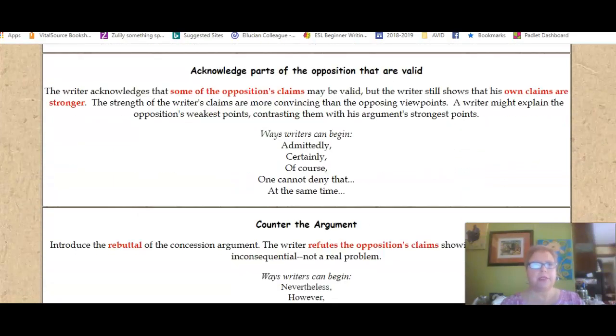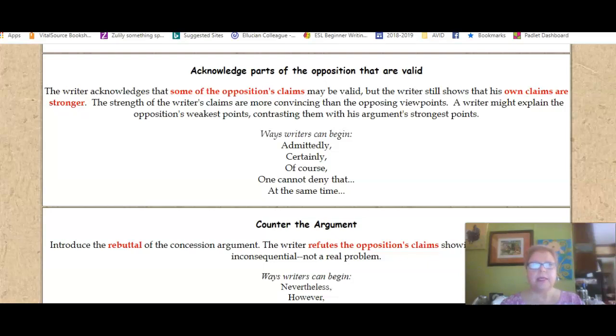It tells you what you need to do, where you need to acknowledge the parts of the opposition that are valid. You can use some of these. One cannot deny that it would cost a lot of money, or certainly objectors are correct in that the amount of money for this solution is very high, something like that. But it gives you admittedly, certainly, of course, because you want to acknowledge that the opposition has made some good points,